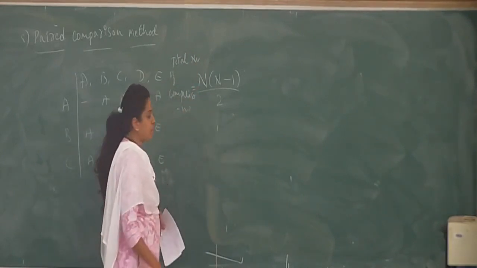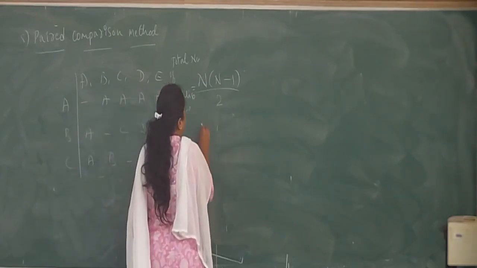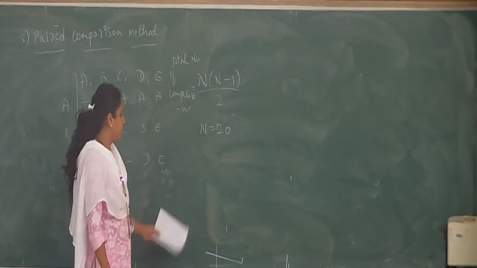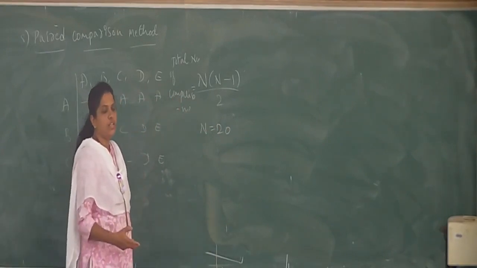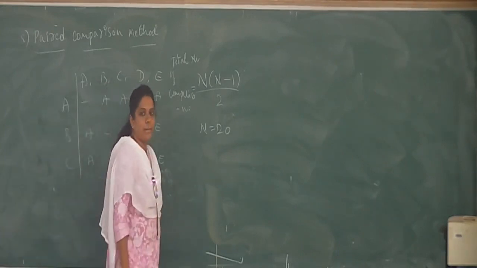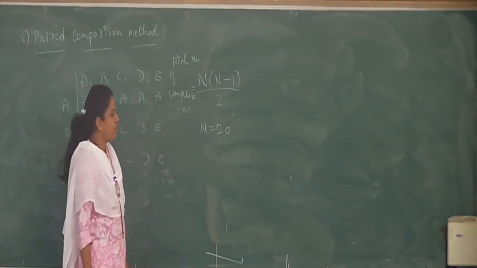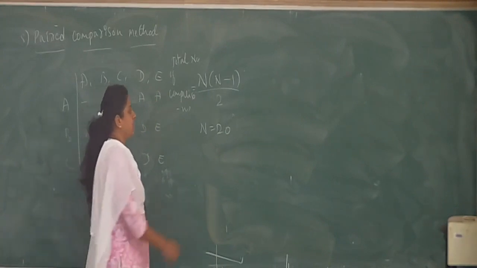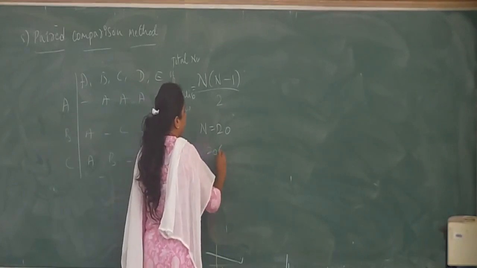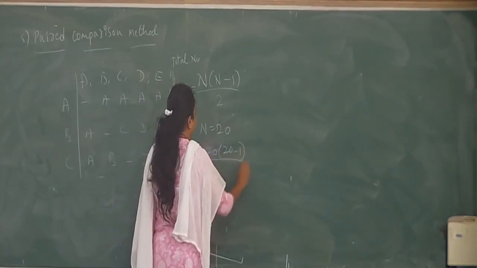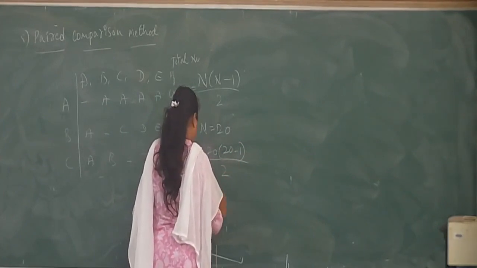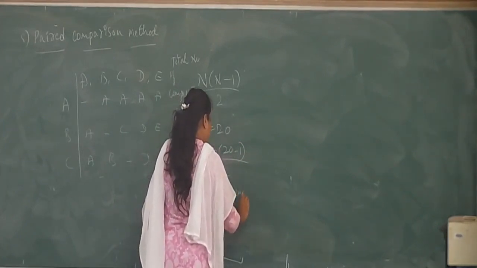So take the example. For example, you have to assess 20 employees. Just as an example, the rater or the appraiser has to appraise or evaluate 20 of the employees. Then what will be the total number of comparisons he has to do? 20 into bracket 20 minus 1 divided by 2, that is 120. Sorry, 190. 190 comparisons.